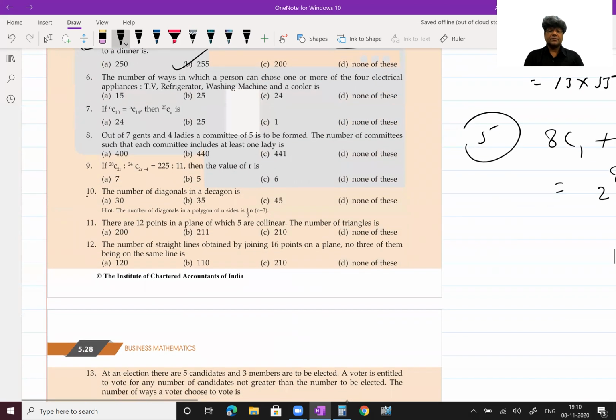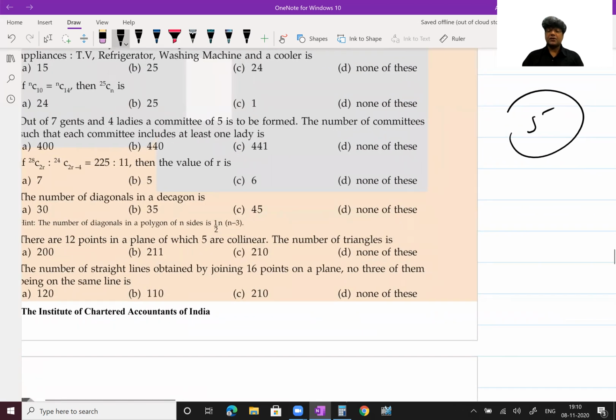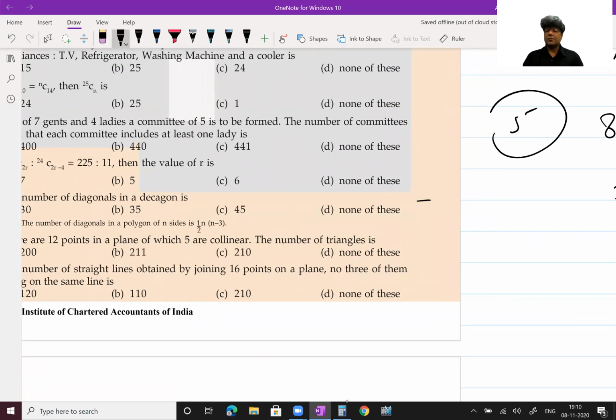Next question, guys. See this, number of diagonals in a decagon. For this also, you know the formula, number of diagonals in an n-sided polygon. The formula has been given to you. Actually, I have taught you many methods, but the formula method will be convenient for non-math background students. So I'm explaining all these things from the point of view of non-math background students. Actually, what formula, guys? nC2 minus n. n is what? Number of sides of the polygon.